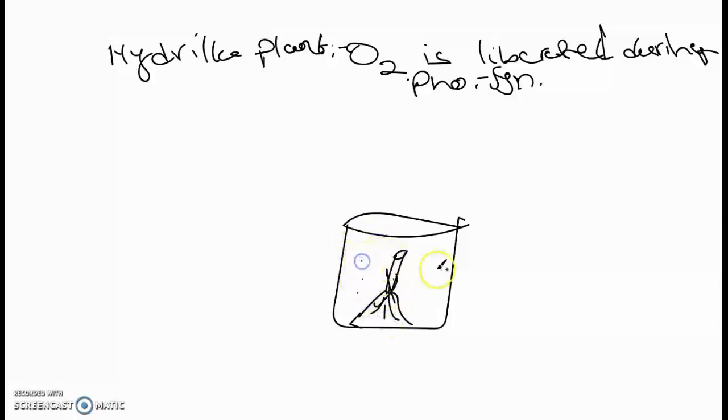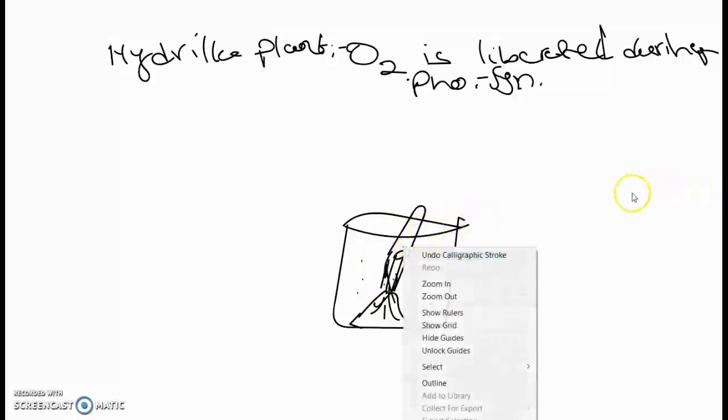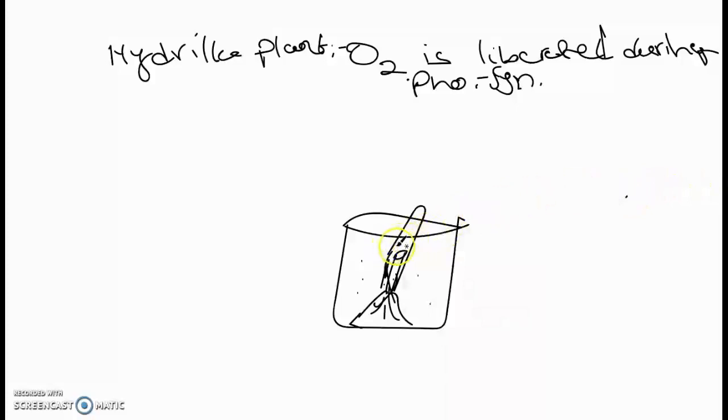So here you have water. And on top of the open end of the funnel, carefully you have to put another beaker, a test tube, on the open end. After this entire apparatus is kept in sunlight, you'll see that bubbles are rising from the open end of the funnel, and here there will be an accumulation of gas.